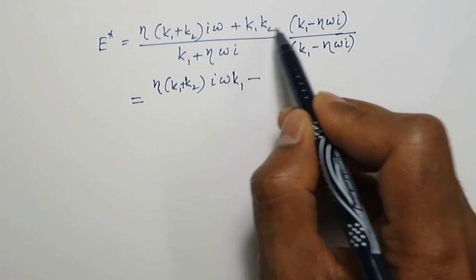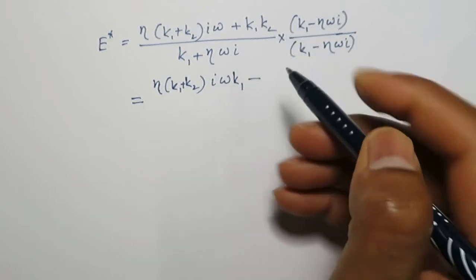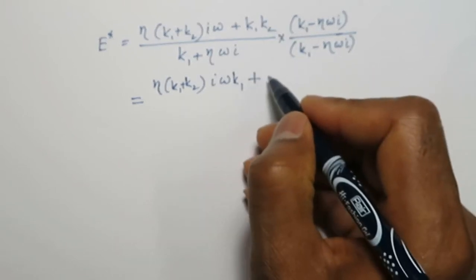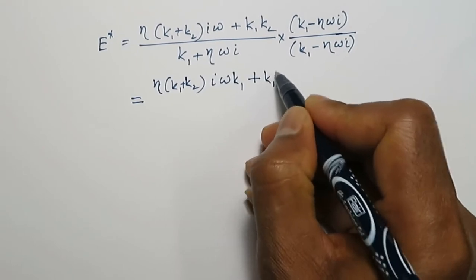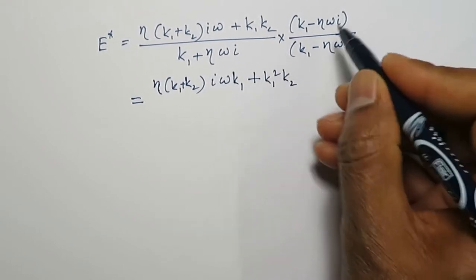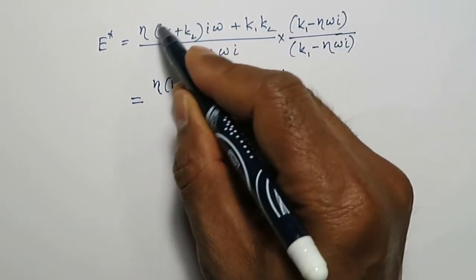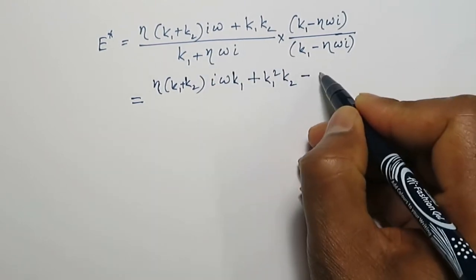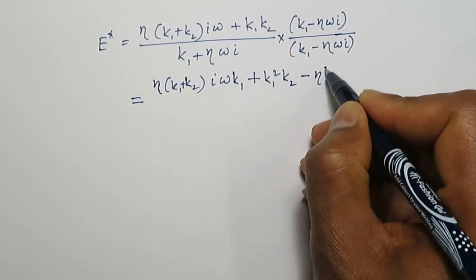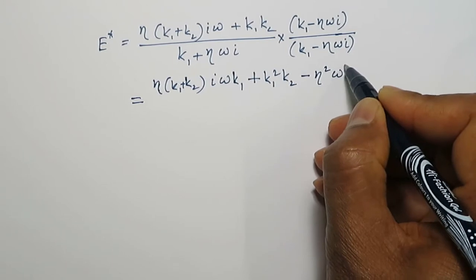Now we will multiply this by this one, so here it will be plus k1 square k2. Now we will multiply this to this one minus eta square omega square